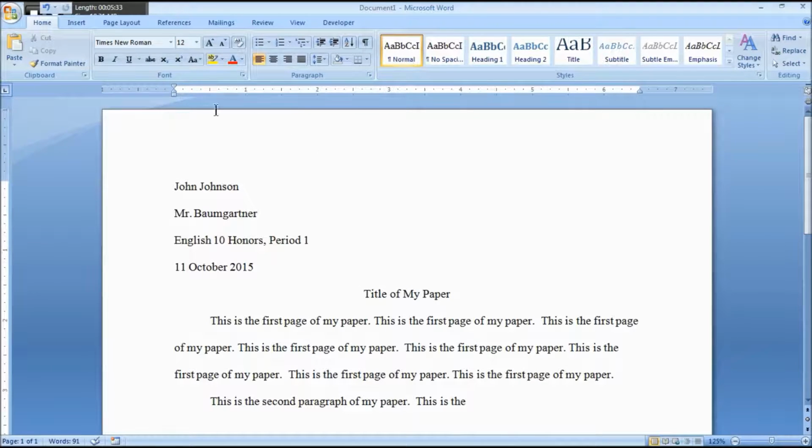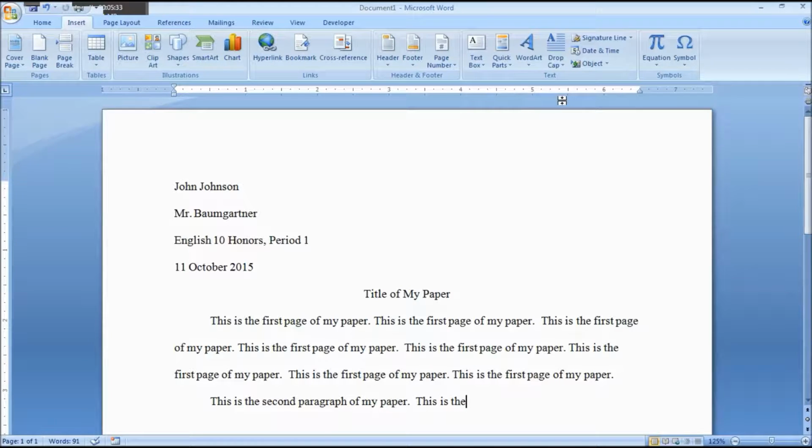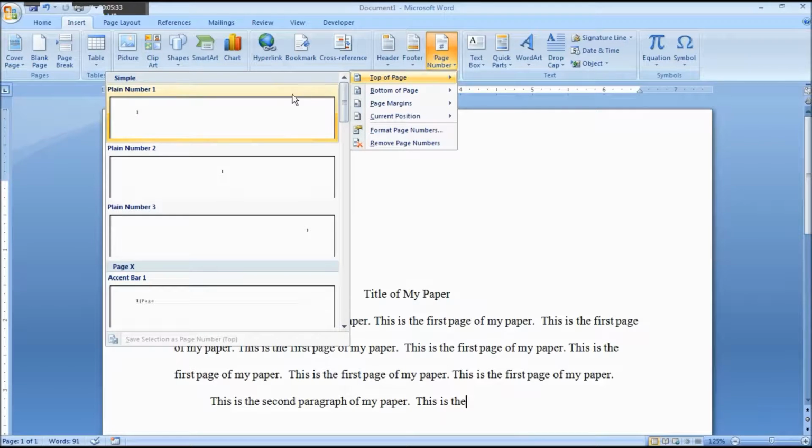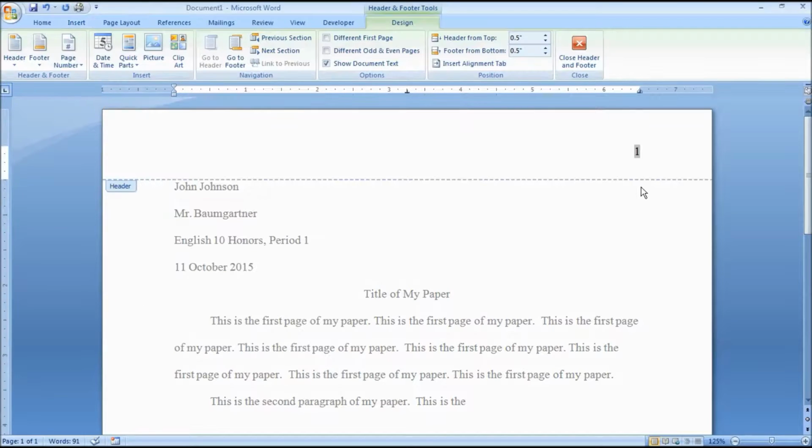Now there's one more thing that we need to do before we're ready to go. We need to put page number and your last name in a header. The way we do that is we go back up here to Insert, click on Insert, and we go to Page Number, click on Page Number. Now if you just hover above the top of the page, that's where we want it. This little drop-down box will pop up, and we want the third one down, plain number 3, which puts the number over on the right-hand side. So I click on that, and then I type my last name,